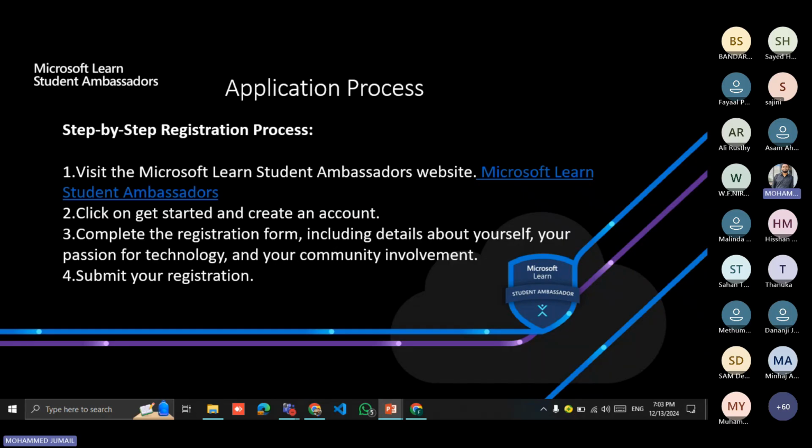Now, the application process. There are some steps you must follow when you decide to become an MLSA. The first step is to go to the Microsoft Learn Student Ambassador website.